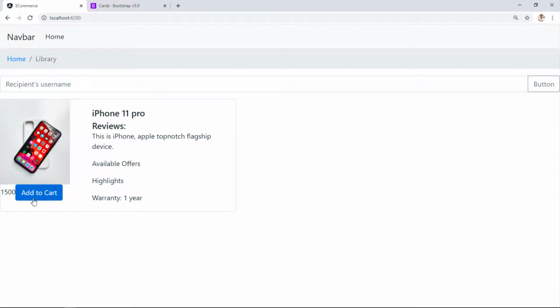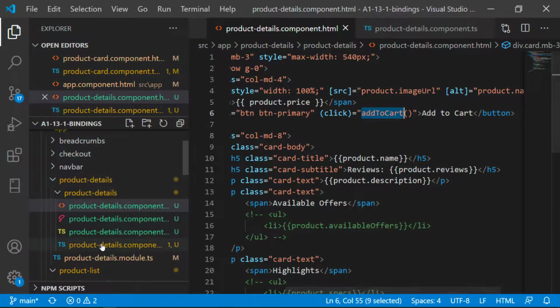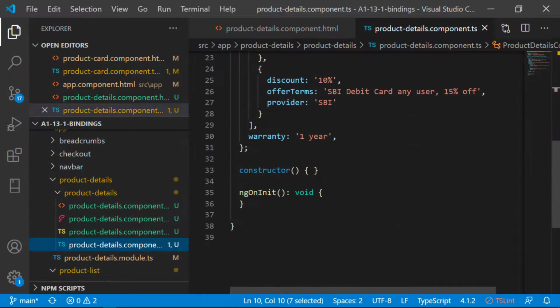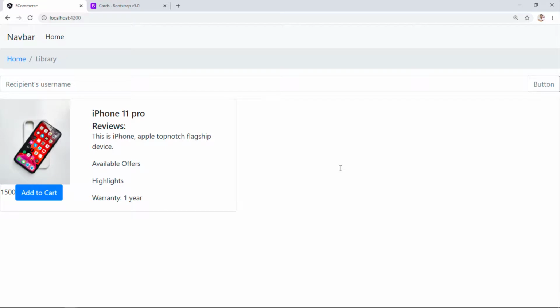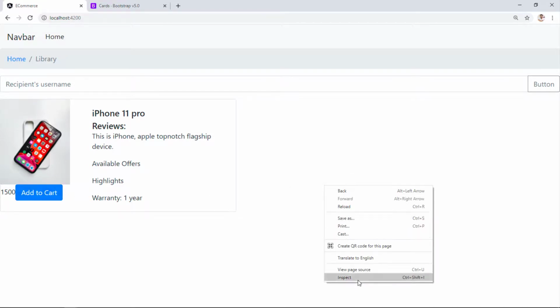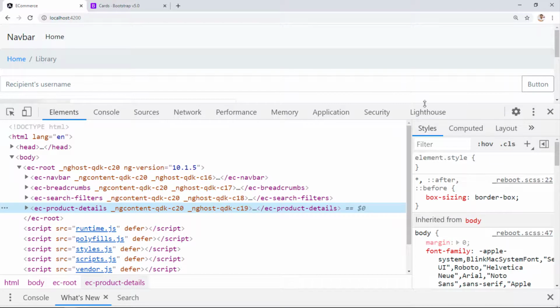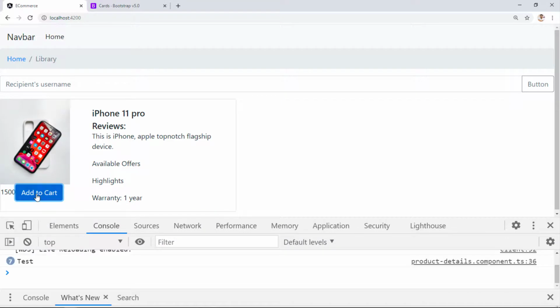Okay, the same thing is happening, and again we have to put a click event on the add to cart button. So let's do that quickly. We are going to copy this event name and keep the event inside the component. Let's see if that event is firing or not. So that is getting executed.